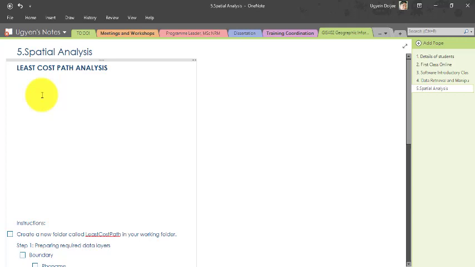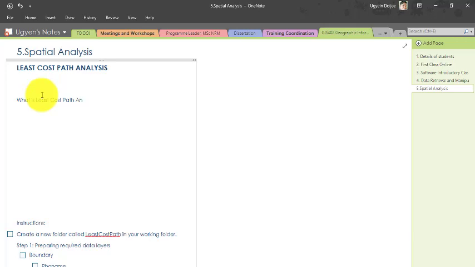Now let us look at the second part of the unit that's on spatial analysis, and this time we are going to do a modeling or analysis called least cost path analysis. Before going on with the practical, I would like to make you acquainted with what least cost path analysis is. By the name itself, it suggests that we have least, we have path, and we have cost. This analysis is going to lead us to paths between a source and the destination which cost the least. So if we have to define what is